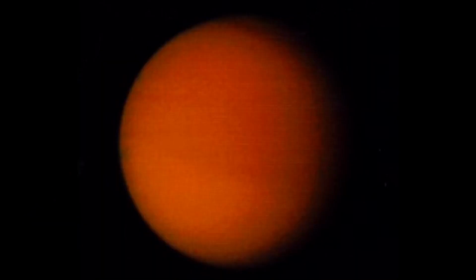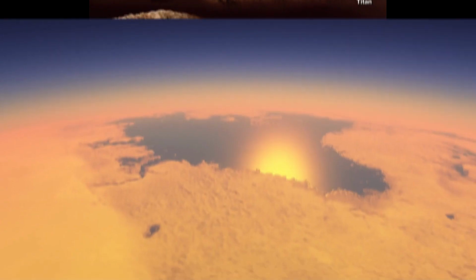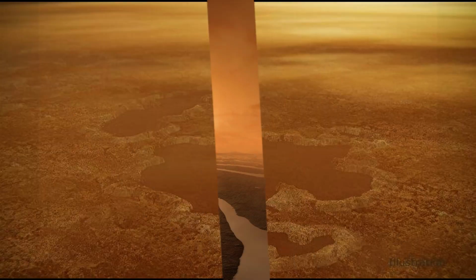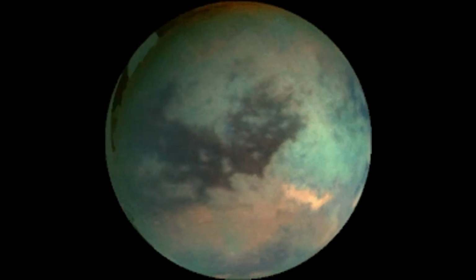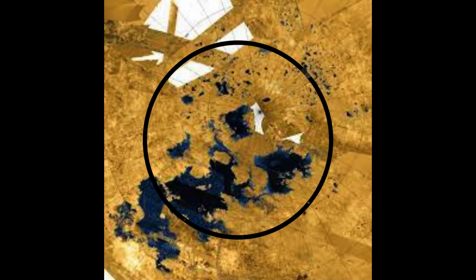Titan. Saturn's largest moon, Titan, has some tantalizing similarities with Earth. It has nitrogen-rich air, cloudy skies, mountains, rivers, and lakes. However, this chilly world is far too cold for life as we know it. In 1980, when the Voyager 1 spacecraft returned the first close-up images of Titan, the scientists back on Earth were